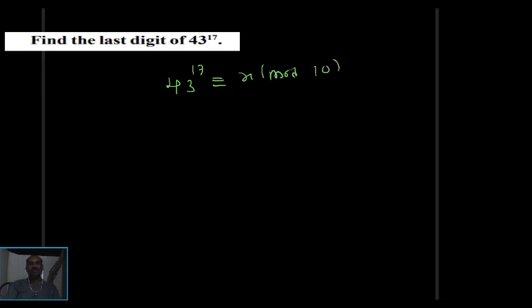What is x? That is the last digit. What is the meaning of this? X is the remainder when this number is divided by 10. So to explain clearly, take 243 as given. What is the last digit? It means 3. That is one answer. What is the remainder when 243 is divided by 10?